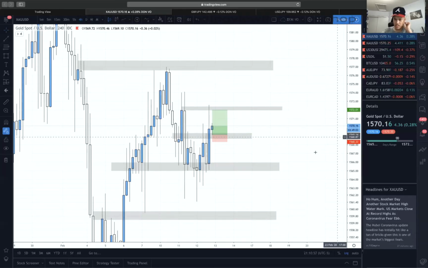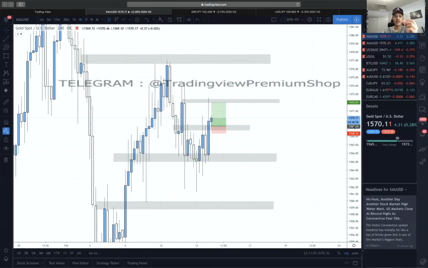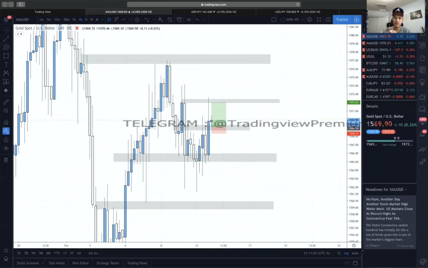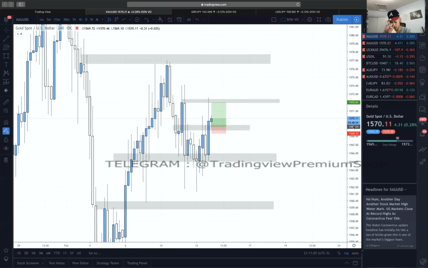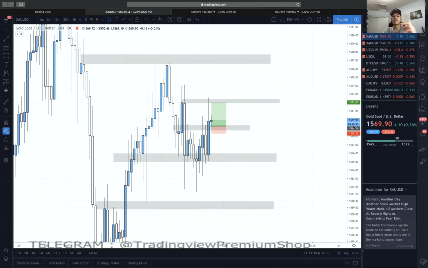But yeah, pretty much this is all I do. I just mark my zones. I trade with the trend, and I never go against the trend. And I always wait for a candle closure before I enter. Always, always, always. And don't even try to go for an entry like 1 minute before a candle closes,